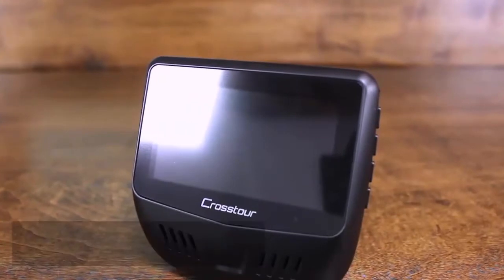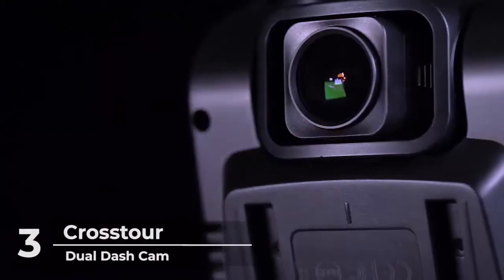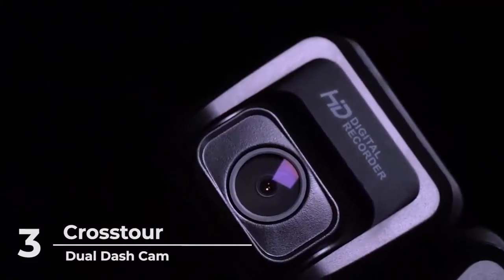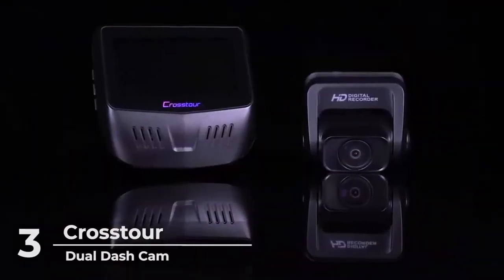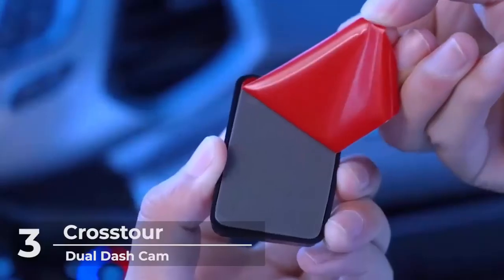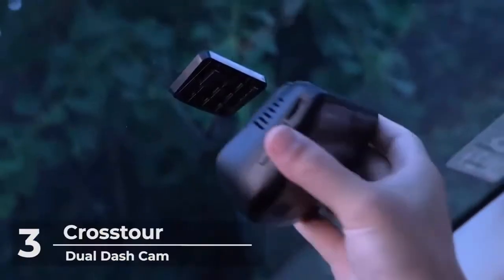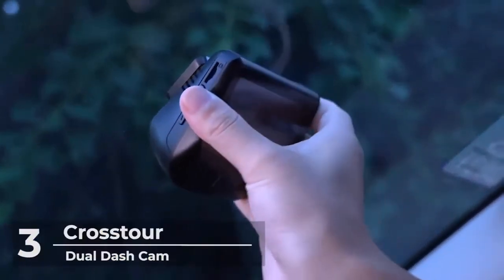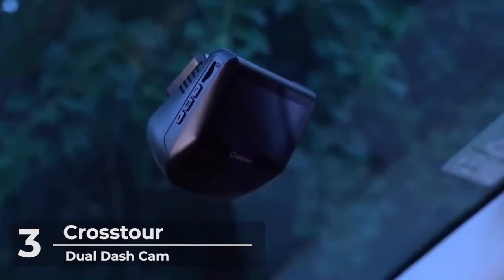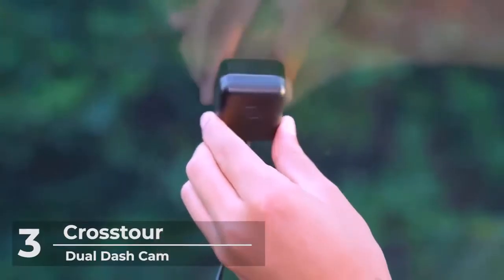Number 3. Cross Tour Dual Dash Cam. Get the ultimate dashcam experience with front and rear dual cameras for your automobile. The Cross Tour Dashcam supports up to 128GB worth of recording with optional GPS. It also features a 3-inch IPS screen, driving recorder with IR sensor night vision, motion detection as well as parking